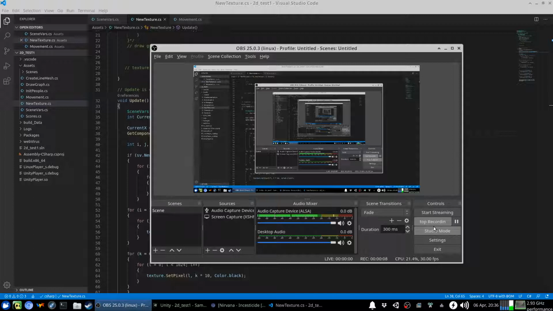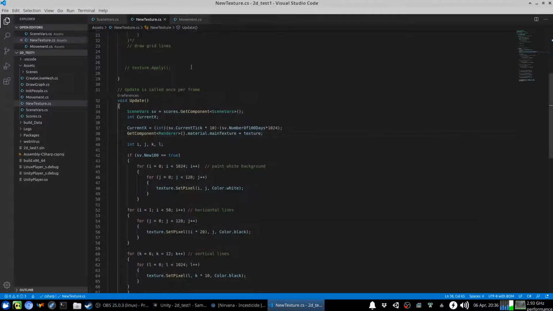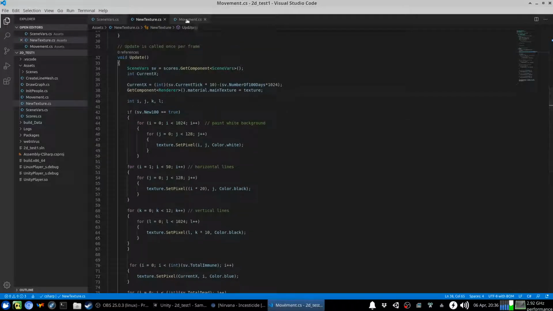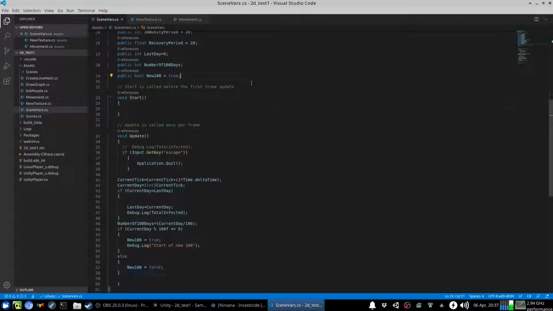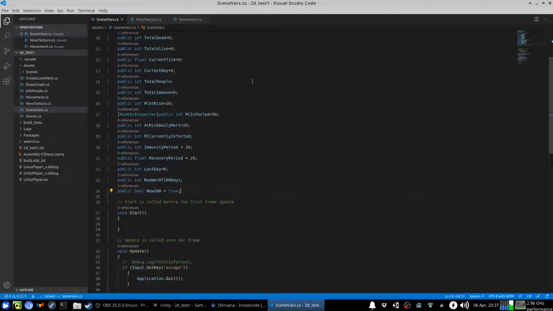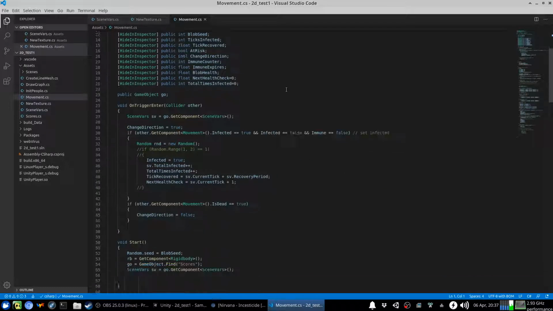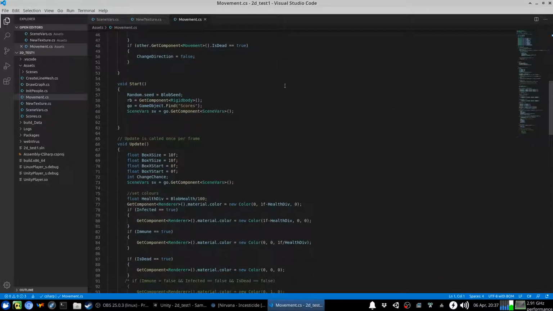Hi guys, this is just a little update because I'm teaching myself programming again, something I used to do years ago, and this is my current project. What I'm trying to do is recreate something I saw on a newspaper website. It's a little virus infection simulator,